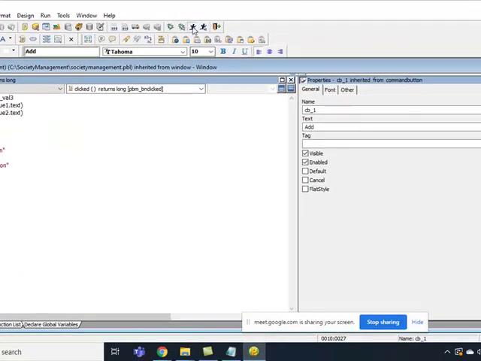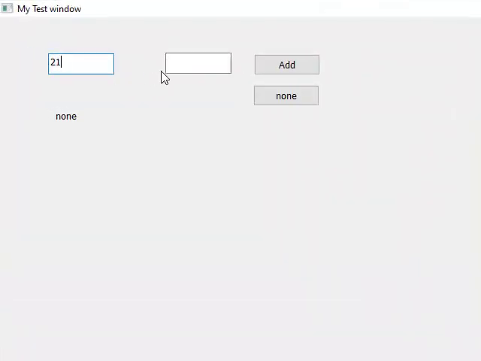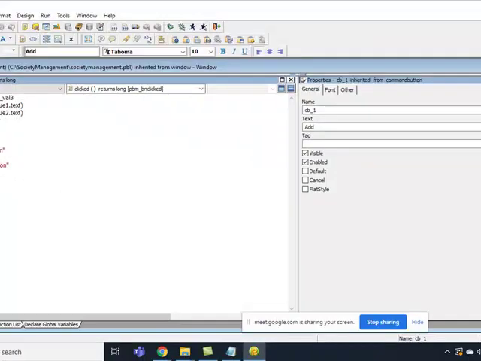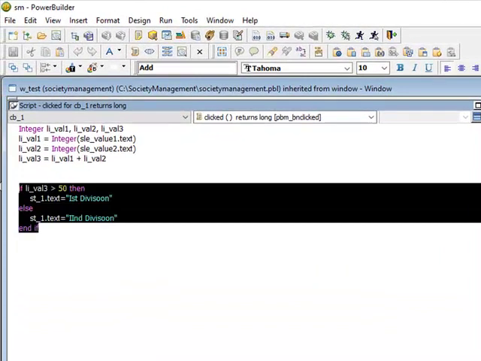Yeah. So let's do that. Suppose I have 21 and 2. Yeah, second division, right? Let's say 56 something, first division. So simple, very simple. These things you need not remember. You will just get to know how we can write it.